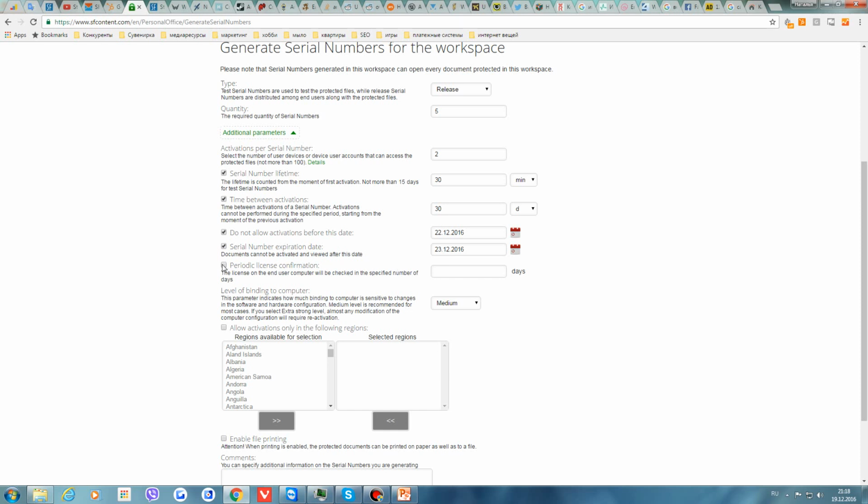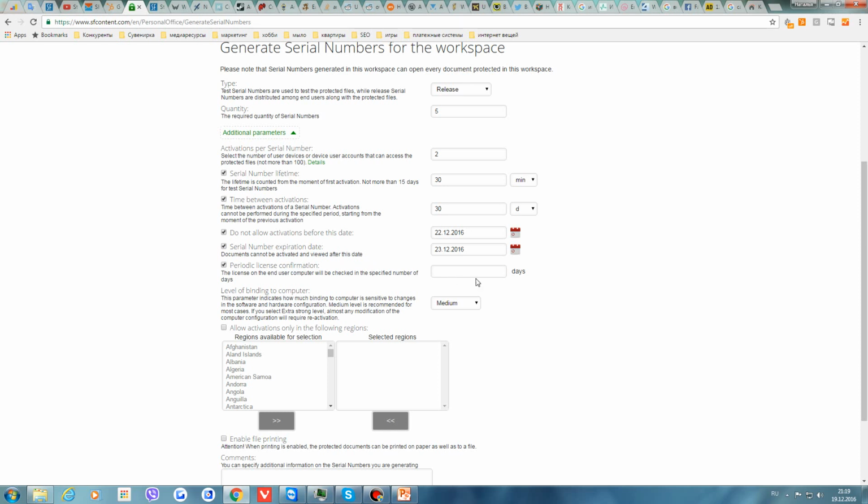Periodic license confirmation. It's a very important parameter if you want to control your serial number, your access to your content after activation.